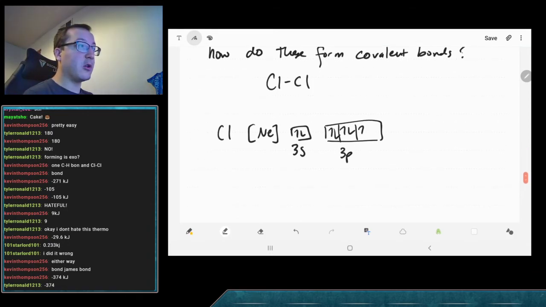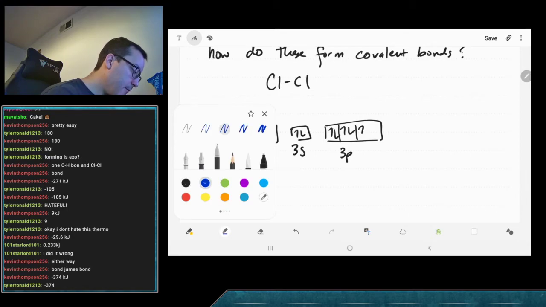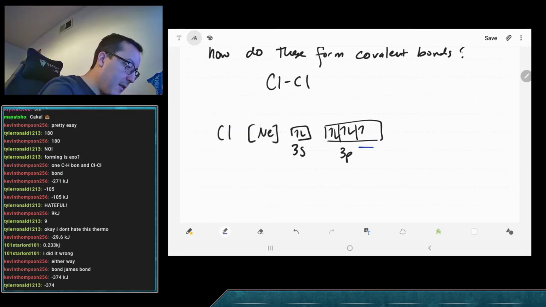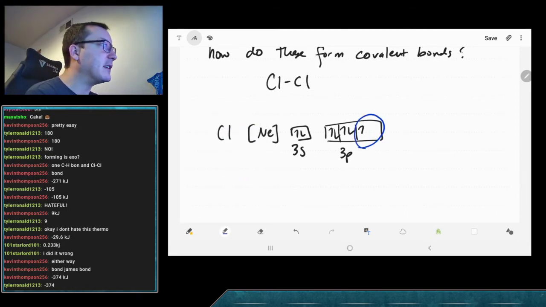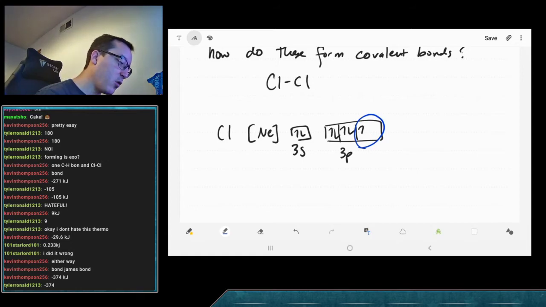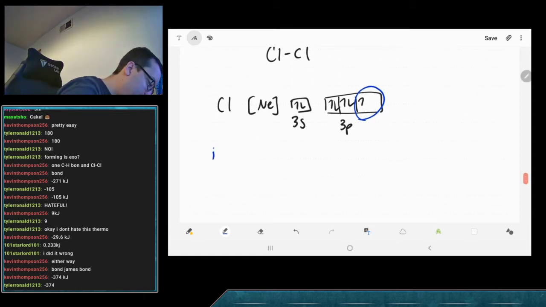So both of these chlorines have this electron configuration, right? So we're going to see that the electrons that are going to bond in chlorine are 3p electrons. And so we're going to see that in order for covalent bonds,